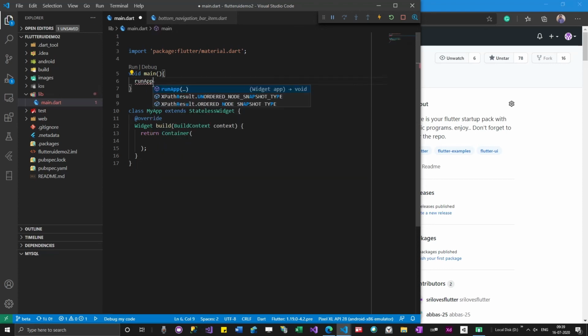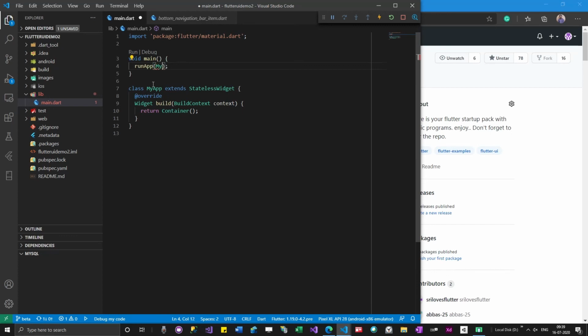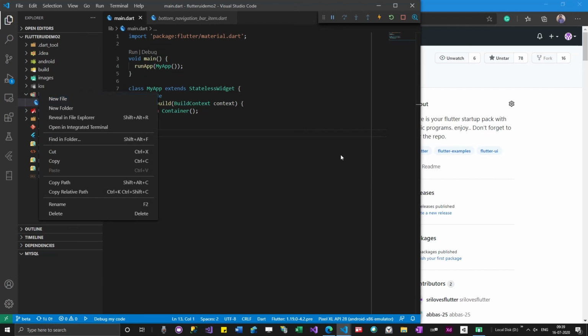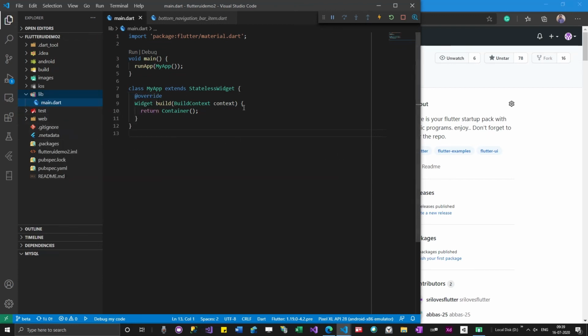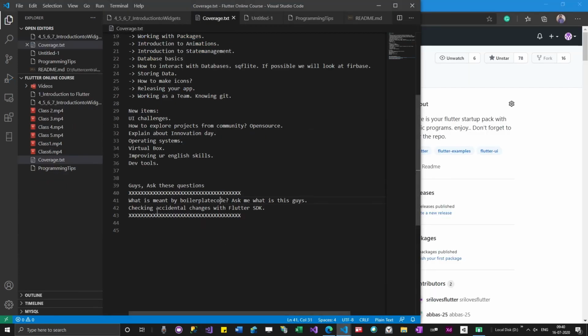If, for example, this is boilerplate code, instead of typing it every time, you can take it, create a new file, place it there as boilerplate code, and use it whenever you need it. That is the terminology used in programming languages: boilerplate code. Auto-generated code or default code, which you cannot remove, is called boilerplate code. And then the next thing is